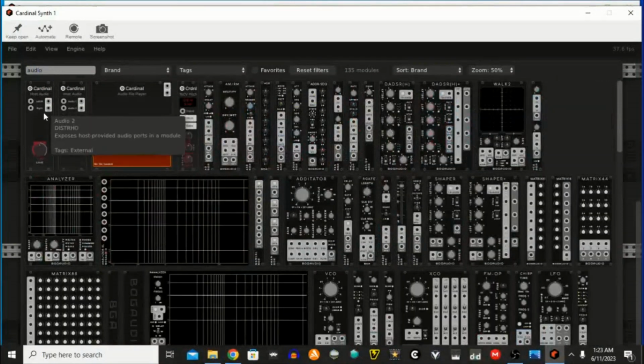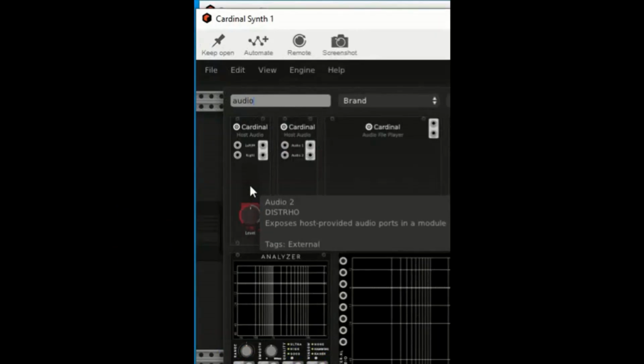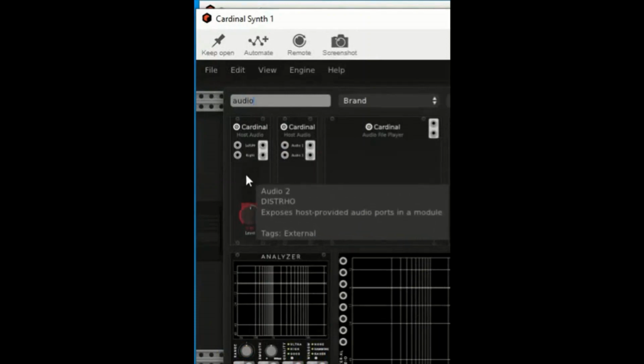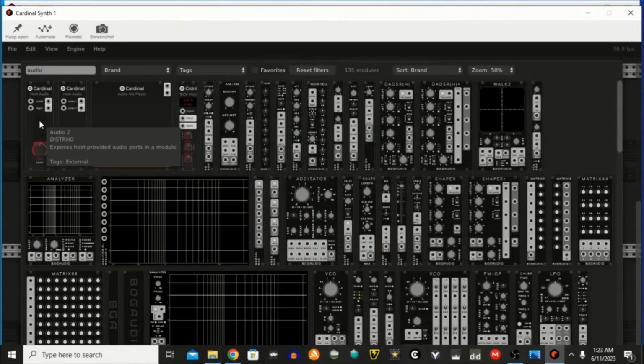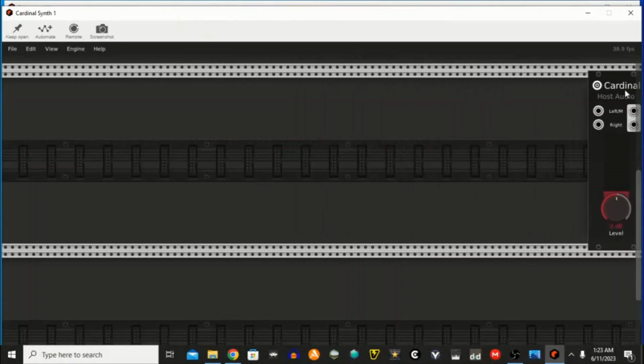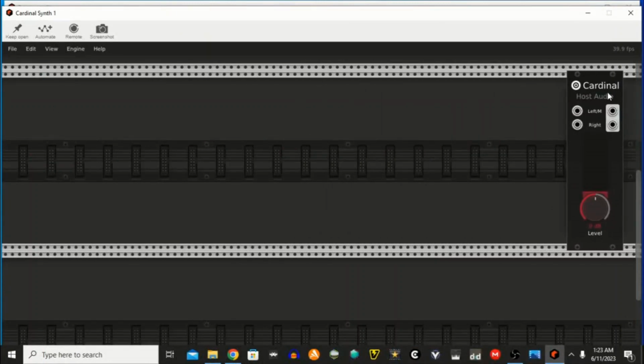AUDIO, and you can see right here, the first thing is a Cardinal host audio, and this is what we're going to plug our main outs to. This is what's pretty much going out to our speakers. So let's select this. All you have to do is click on it, and it shows up right here in the rack. So let's just move this all the way over here,